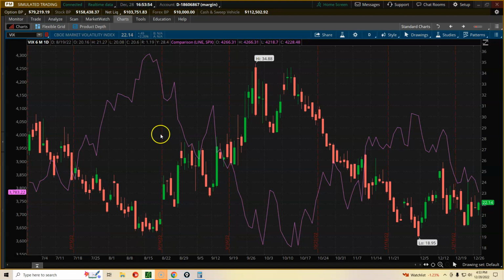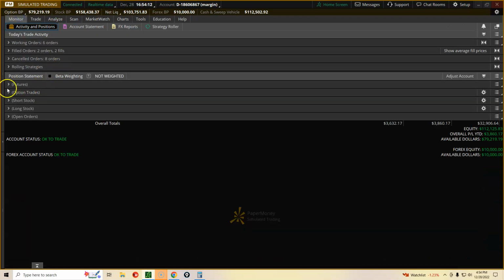Why is that? Because in very layman's terms, the VIX is a fear meter. So when people are getting scared in the stock market, it tends to rise up. There's more to it. You can research it if you want to learn more about it. But really, really basically, the strategy that I was just